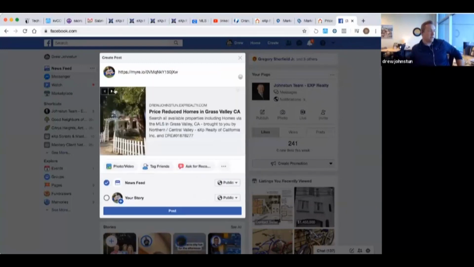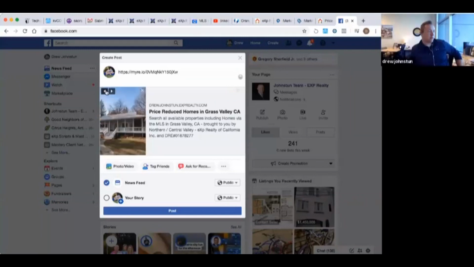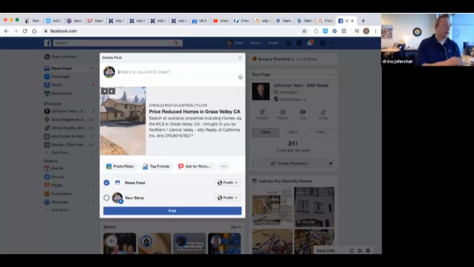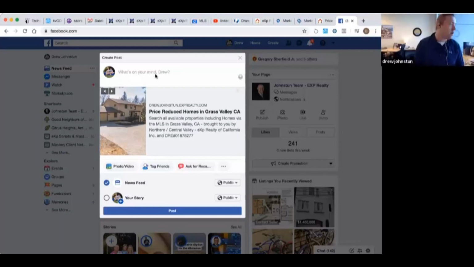All right, so you'll see here, we can click what is the cover photo for it. And this is interesting. John, I don't know if you saw this, is a new blurb that they put in to make sure that we're all compliant. So it describes the search, but I want to put, let's say, that house, like that one, for Grass Valley. Okay. And then, John, are you checking the chat for any questions? Yeah, there's just one question so far about a 3-dot thing. Yeah. Okay, I'll go back to that when we get done.